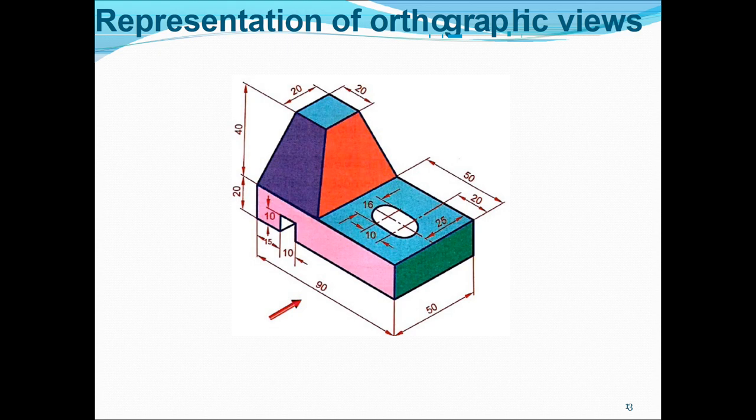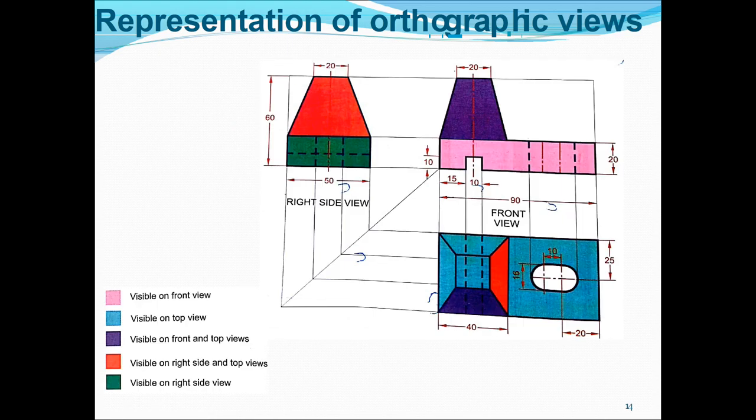Okay, now without considering this violet color and this particular saffron color, I will just tell you what is the front view for this object. So the front view of this object is given here. What is the front view of this object? I will be able to see this violet color and this pink color. Now see here, in this pink color I have a slot over here. The same thing I will be drawing as a front view. See here, the front view is drawn here. This pink color and the violet color, and in the pink color I will have a slot over here. So this is the front view for this object.